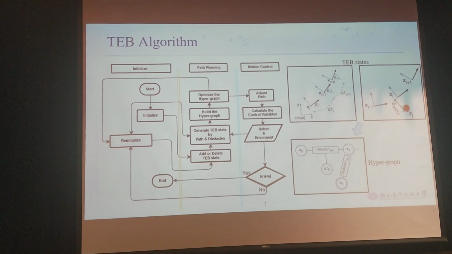In the path planning phase, it generates TEB states by path, obstacles, and the state of the robot. All TEB states can be transformed into a hypergraph and be optimized by the G2O framework, which is a popular open source framework for optimizing nonlinear least square problems. After verifying the optimized TEB, the path will be adjusted. Then control variables V and omega can be calculated in the motion control phase to directly command the robot drive